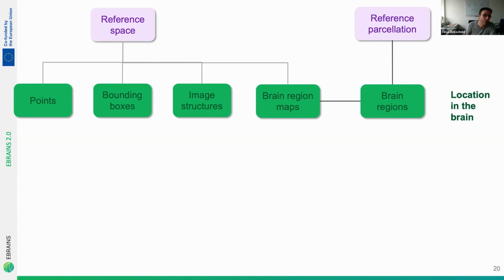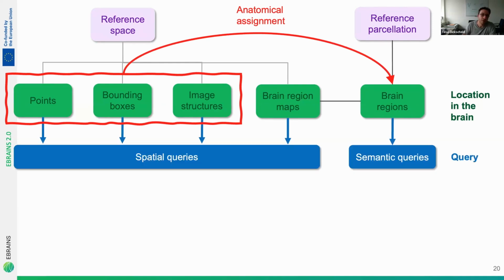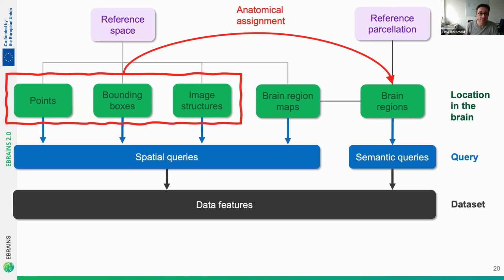We can also go the other way around. If we have a point given, we can assign the point to brain regions by performing an anatomical assignment, and Siibra supports this. From this information, we can run spatial queries and semantic queries into the system to basically ask what's there. Given a brain region, a region of interest, a coordinate, whatever, we can ask the system what's there. What do you know about this location in the brain? And this way we obtain what we call data features, which could be measurements from a broad set of modalities, as of which Katrin has shown many in her